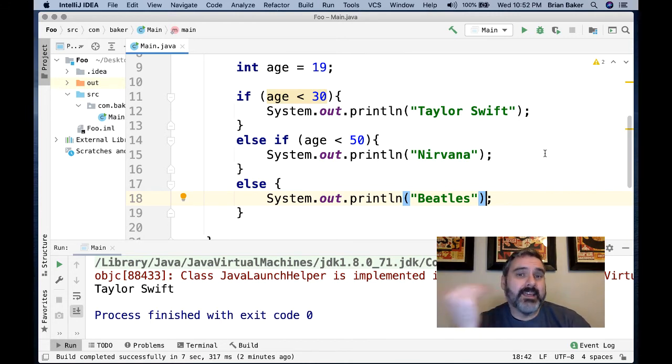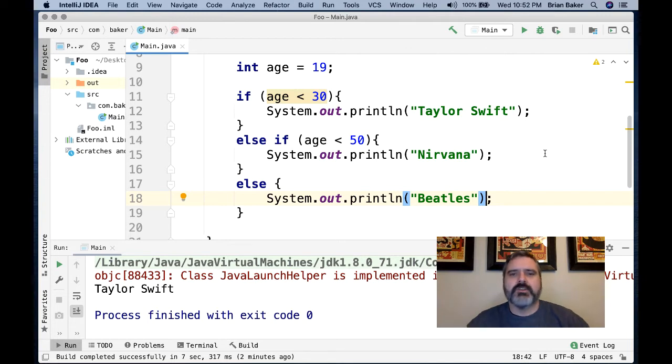Because age kind of stopped at 0, it's as low as you can go. If you are a newborn, your favorite artist is Taylor Swift, up to age 29, from that point to 50, it's Nirvana, then the only people who would ever match Beatles would be people 50 and over, right? And that's because I put them in order. If you have stuff in order, it makes it so that you're using that elimination mechanic